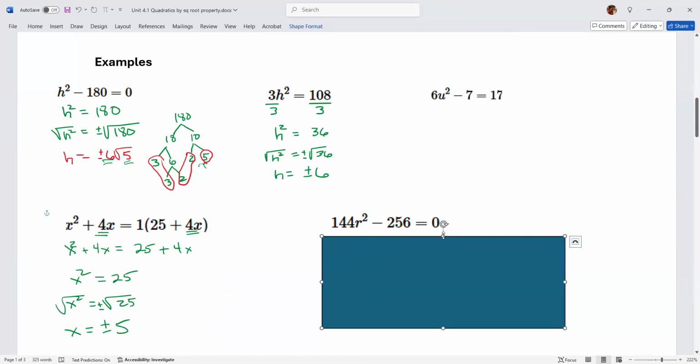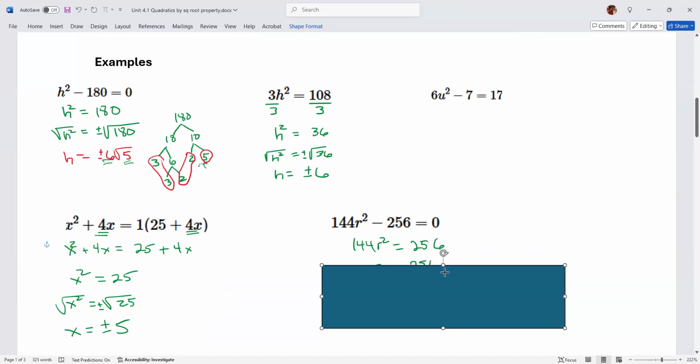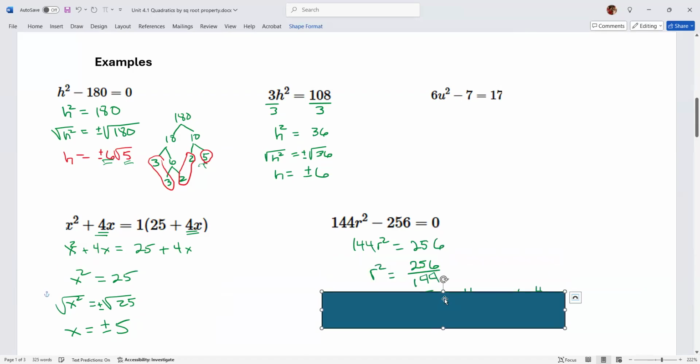Now remember, if you have a fraction, so I add 256 to both sides, and then I divide by 144. And these look like nines on this, but these are actually fours. When I take the square root of both sides, instead of taking the square root of all of this, one